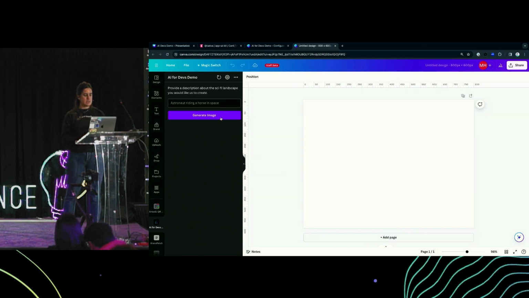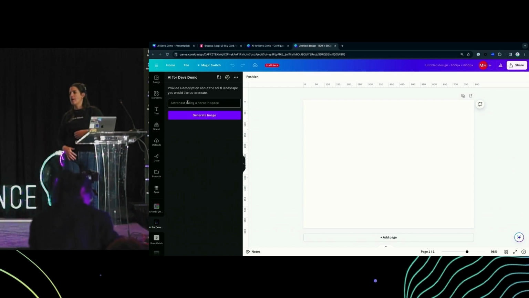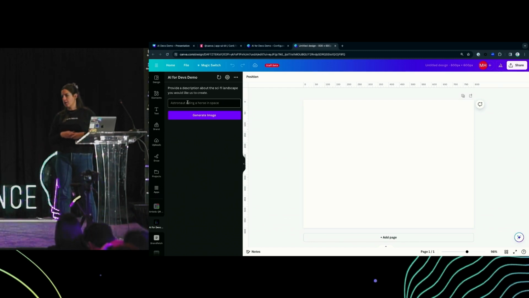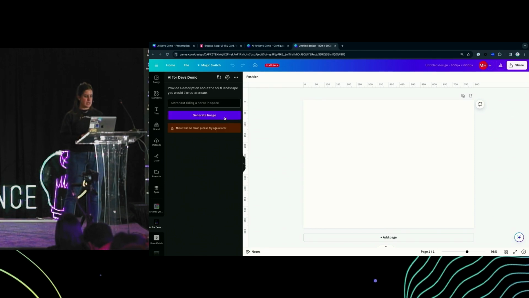In this case, I have a button and a text input field, and what it's supposed to do is generate an image for me from an inference model that I currently stole from Hugging Face and put up here. If I go ahead and generate image,